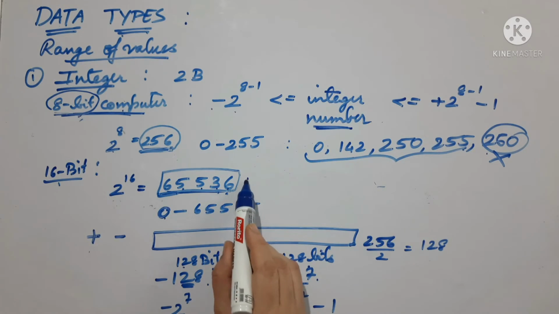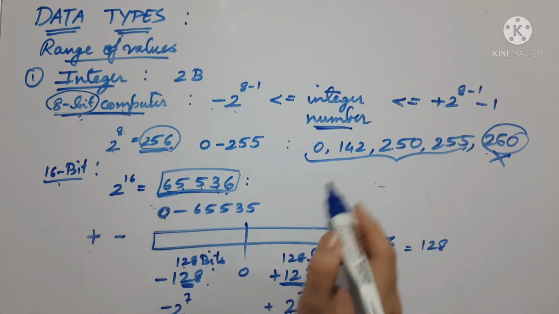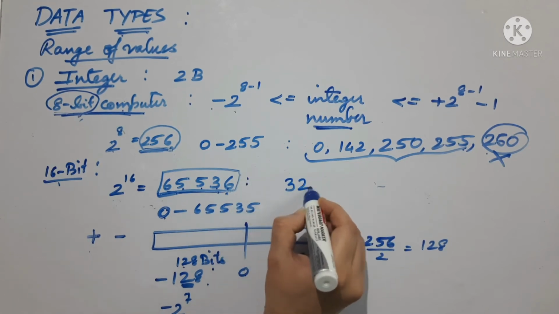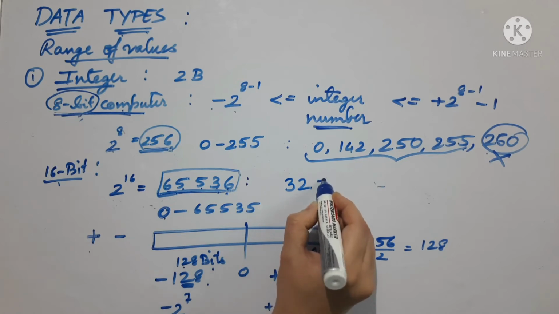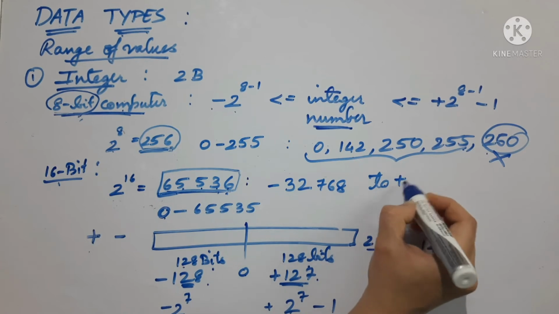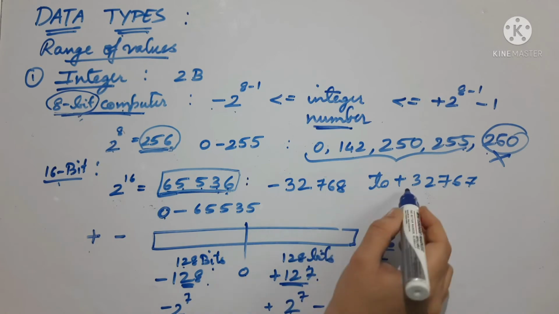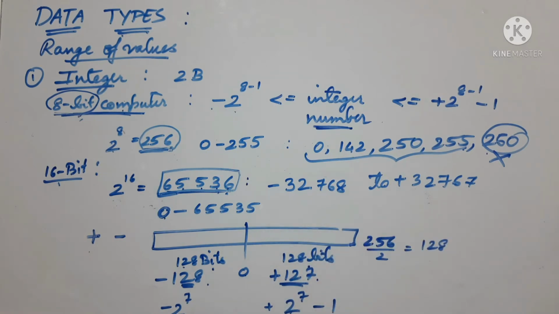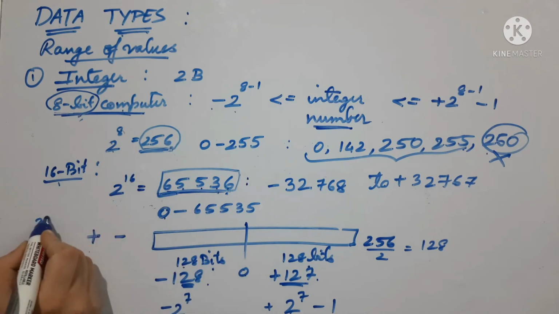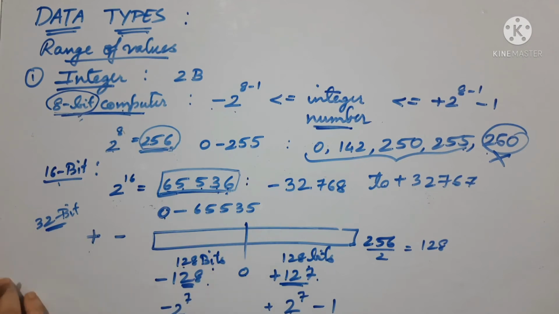Also let me discuss 2 to the power of 16. If you are having 2 to the power of 16, again these bits will be divided, so we will have a range of 32,768 for negative, and for positive it will be 32,767. So this will be the range of numbers for a 16-bit computer. That means 16 bits are taken. You can go for higher. Nowadays you have higher versions, you have 32-bit computers also. You can calculate for that. Okay, so this will be your homework.